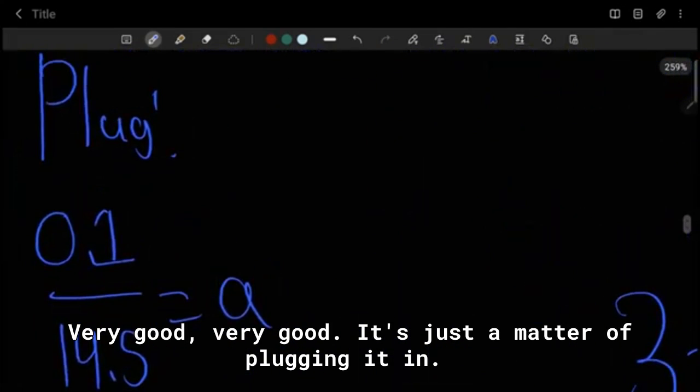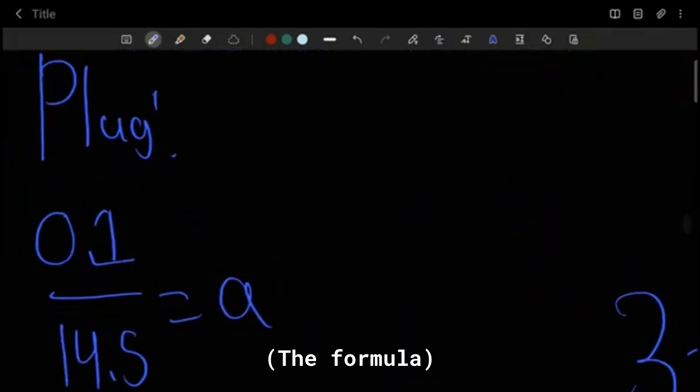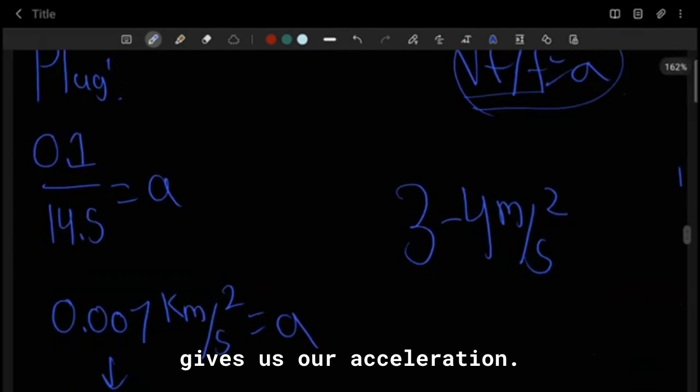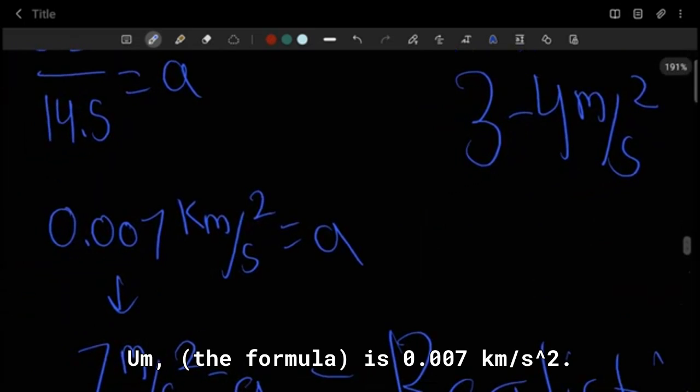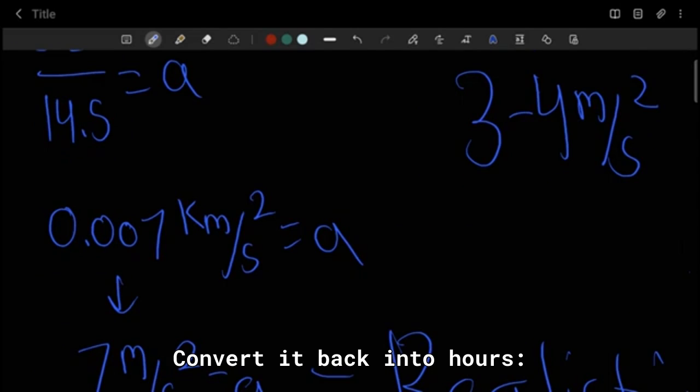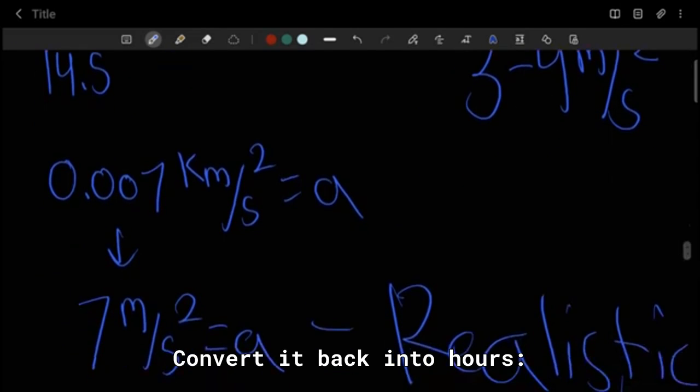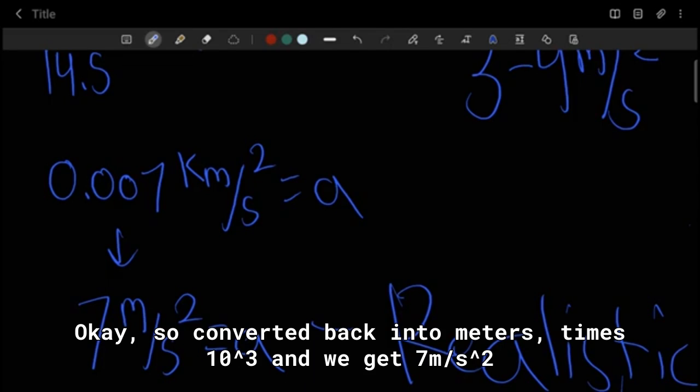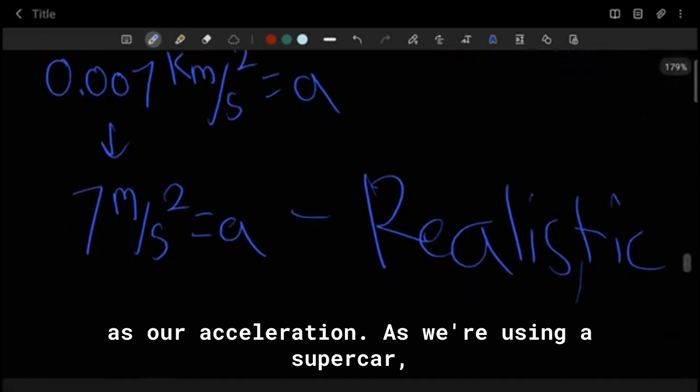It's just a matter of plugging it in. 0.1 divided by 14.5 is our acceleration. 0.1 divided by 14.5 is 0.007 kilometers per second squared. To convert that back, we're doing meters now. So convert it back into meters times 10 to the third, and we get 7 meters per second squared